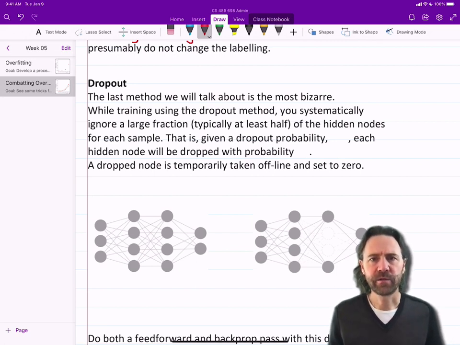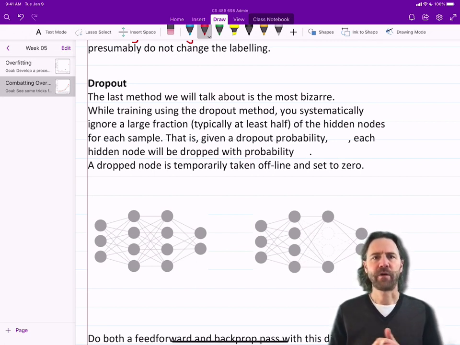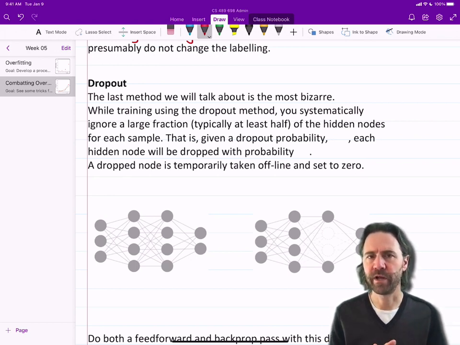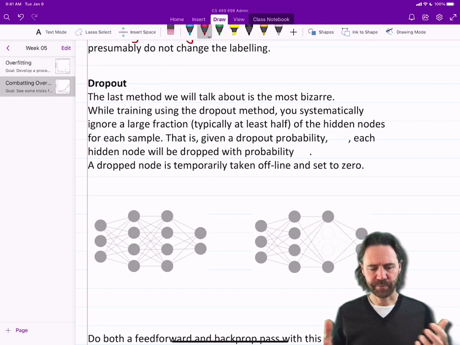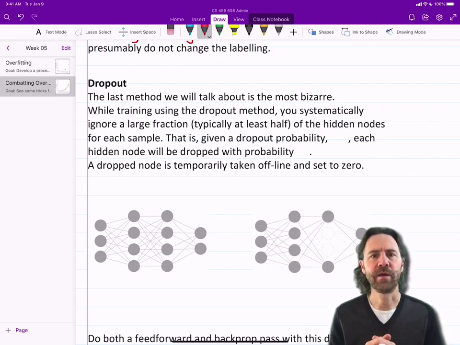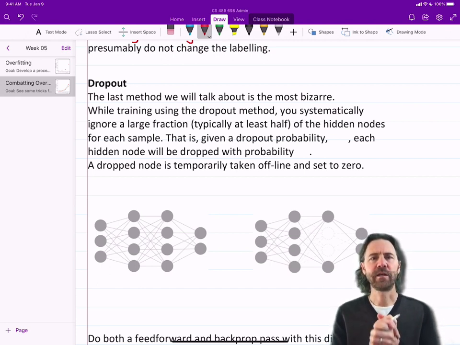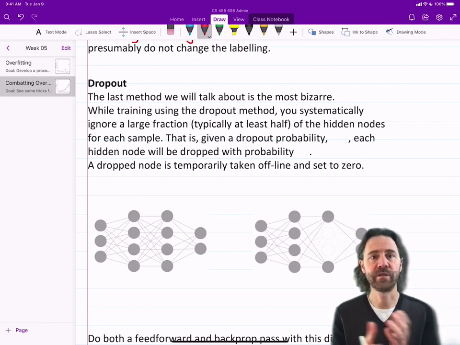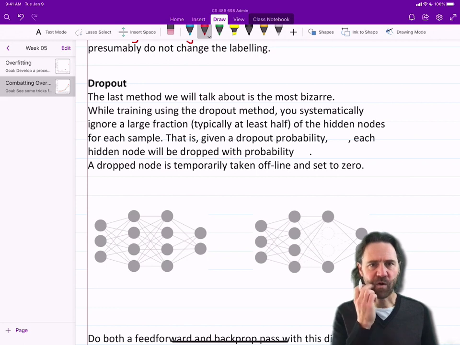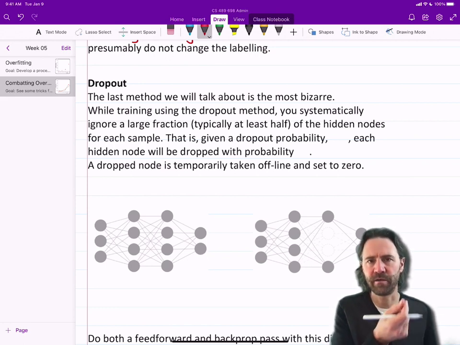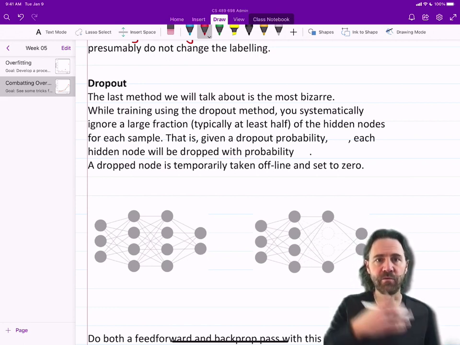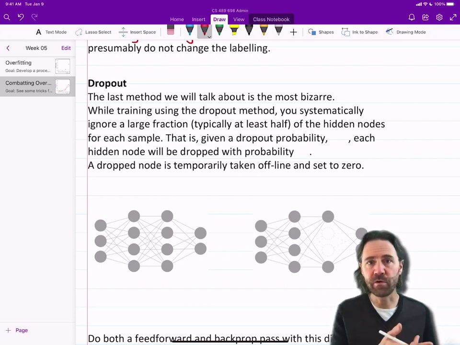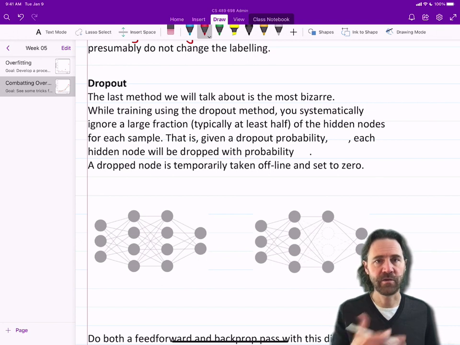Okay, finally, we'll talk about dropout. Dropout is kind of a strange solution to the overtraining phenomenon. It's kind of bizarre. While training using the dropout method, you systematically ignore a large fraction, typically over half, of the hidden nodes for each sample. Normally, this is the case on the last hidden layer. You cut out, ignore, remove, or zero out more than half of the nodes,